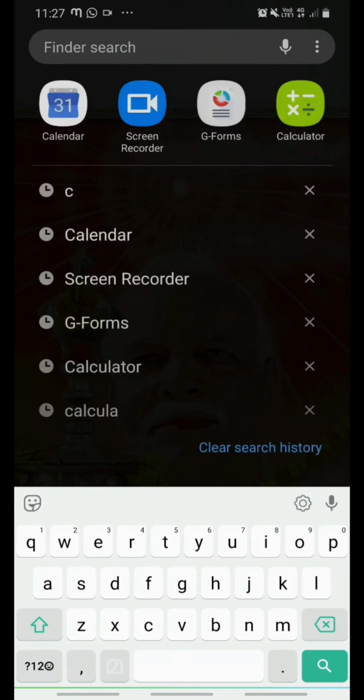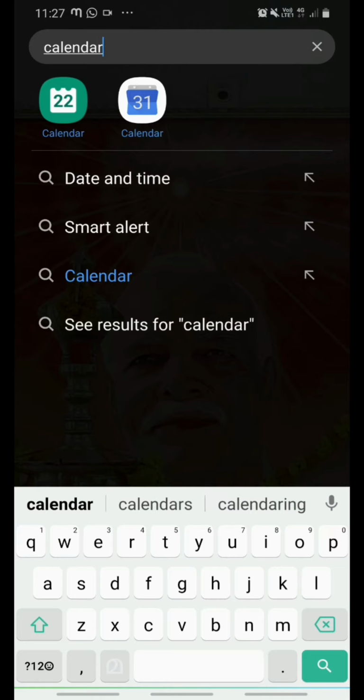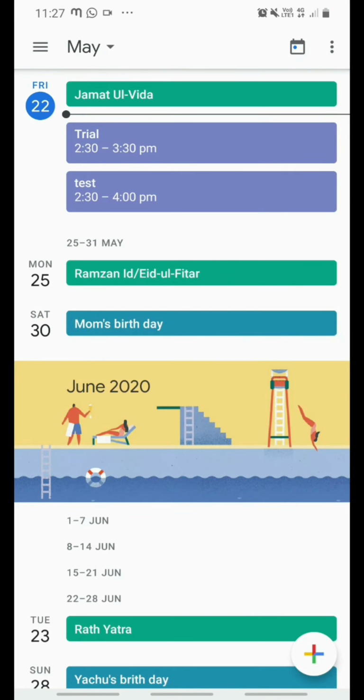Google Calendar also we have to download from the Play Store. Then only you can schedule that meeting, and we can comfortably add the people or participants to our meeting, and everything will be okay. At the scheduled time we can start the meeting. Then the request will come. During that time the person who is presenting or conducting the meeting can allow them by giving permission. I think this much is clear for all of you.